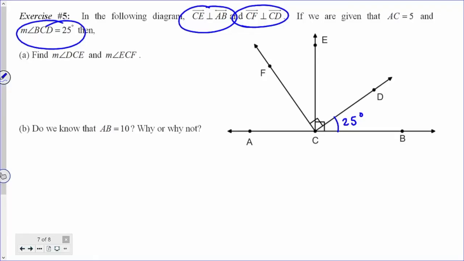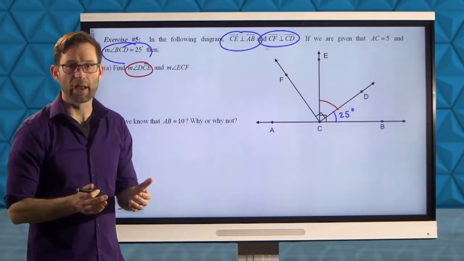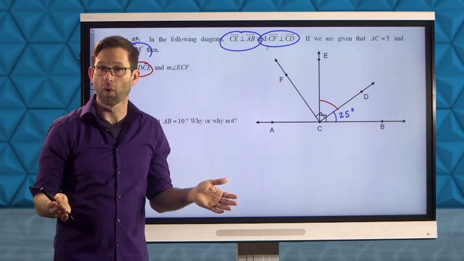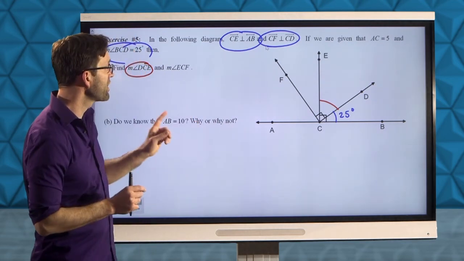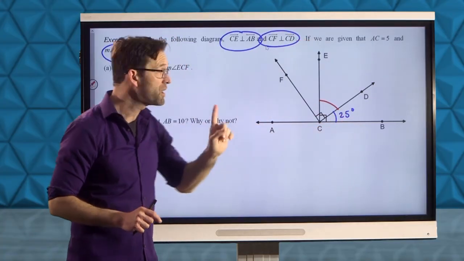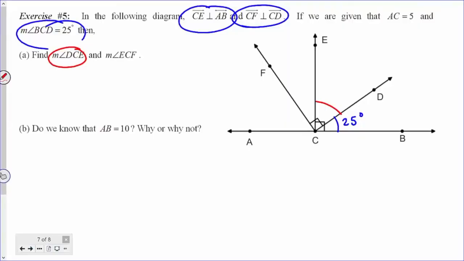Then when they go on and say find the measure of angle DCE, let me maybe make it in a different color. We'll go for red. So when we're finding the measure of angle DCE, we have to know which angle we're looking for, specifically this one. Now, this isn't going to be too hard because of that piece of information they gave us about CE being perpendicular to AB. Because we know that angle, the measure of angle BCE